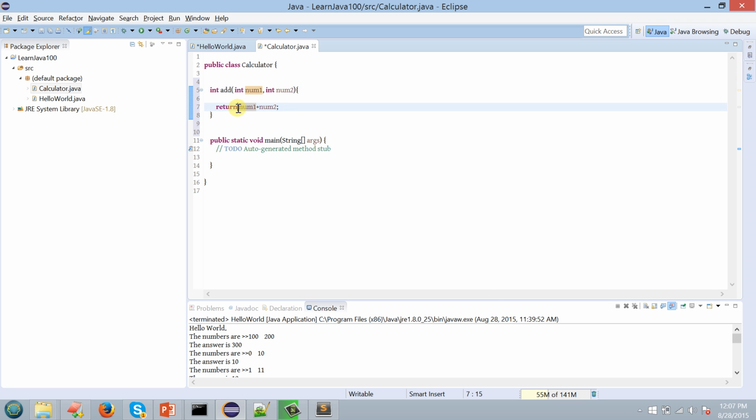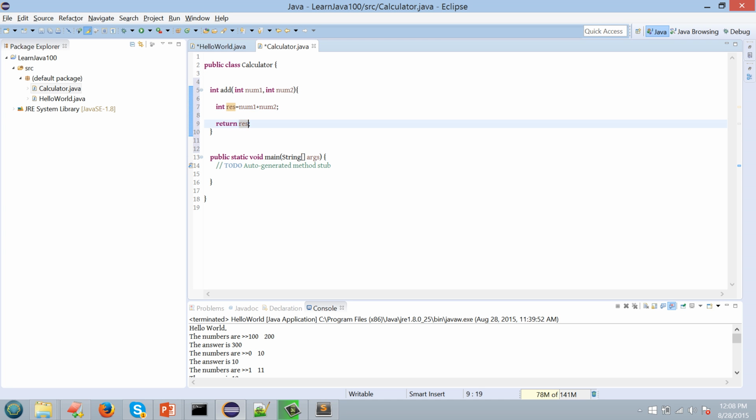So what happens if I return a string here? Just see, it will throw an error. Why? Because we are saying it is returning an integer and we are giving a string. Just see, type mismatch: cannot convert from String to int. With Control Z, we will get the original one. To make the code clearer, you can create a separate variable, int result equal to num1 plus num2, and then return the result.